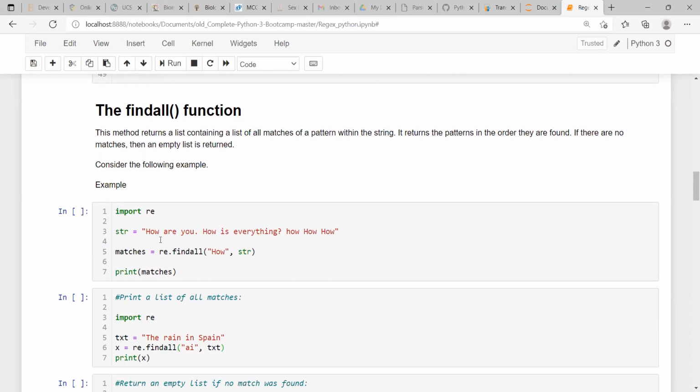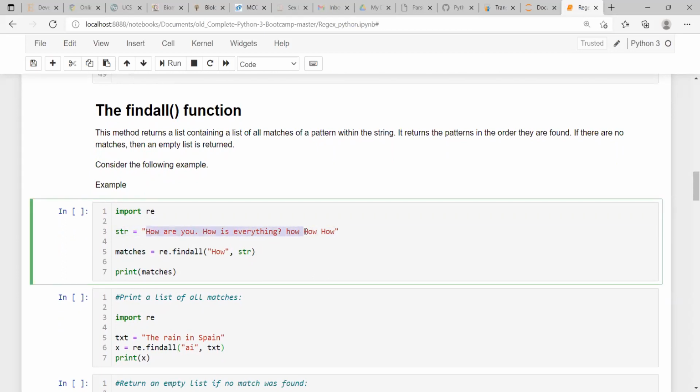Think about if this is your string, and the word how is given multiple times in that particular string. If your interest is to count how many hows there are in that string, what can you do? For that you can use the findall function.